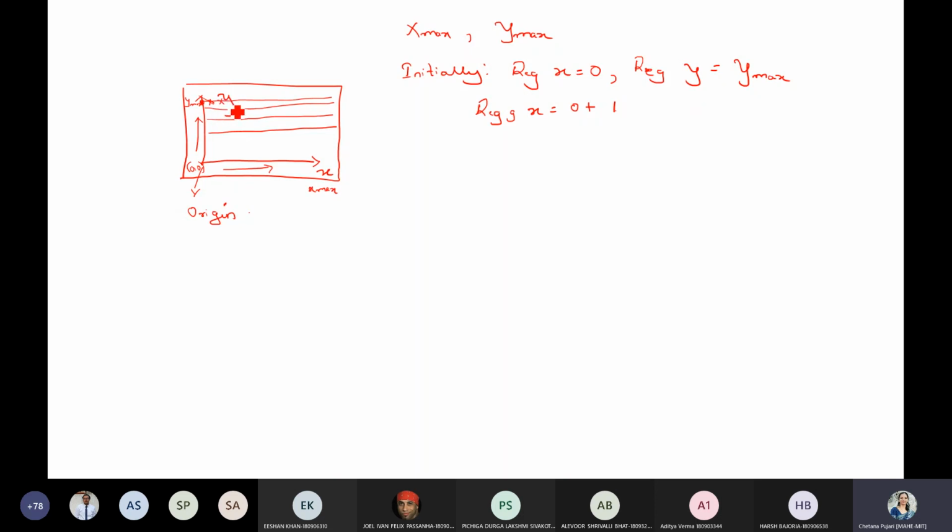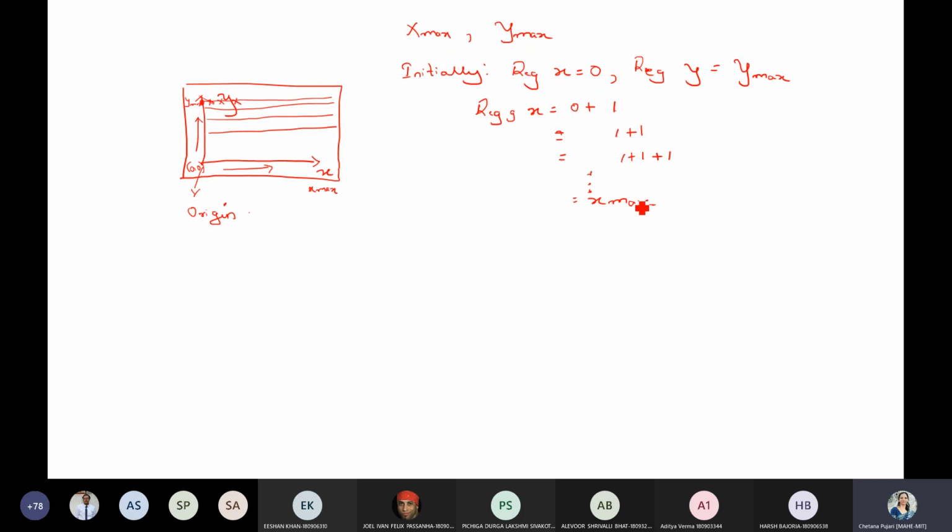Next, you will go to the next pixel, which means X is equal to X+1, right? Then you are going to check the intensity. Again, increase your X by +1. You are going to continue this till the value is equal to X max.